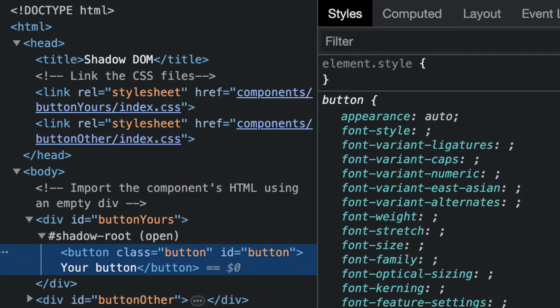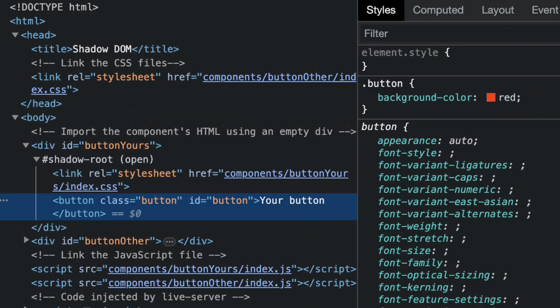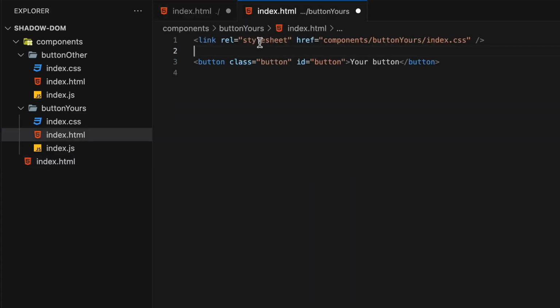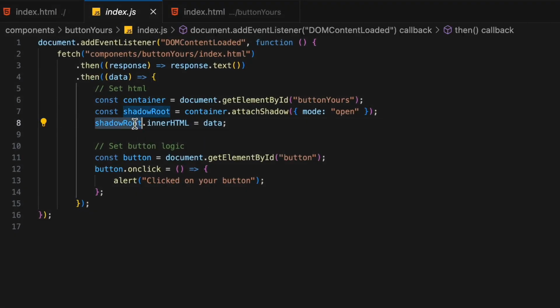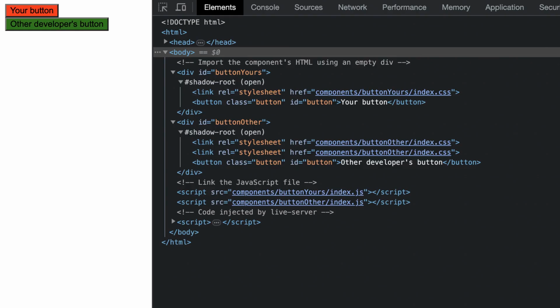Now, because the shadow root is isolated from the rest, the component doesn't recognize the button class even if you import it from the header. What we have to do is move this reference inside the shadow root by transferring the link element from the main page to the component's HTML. Finally, for the click listener, we just have to fetch the element with the ID button from the shadow root and not from the document. Do all of this to the other button as well, and you will have two completely independent components working properly